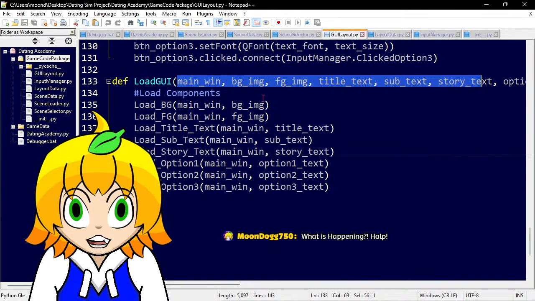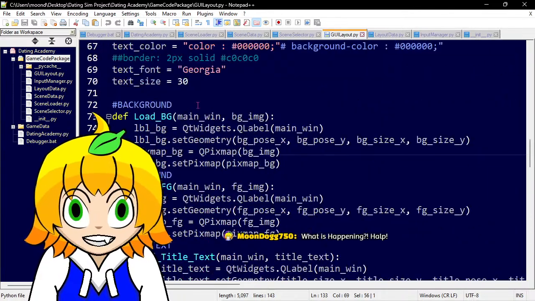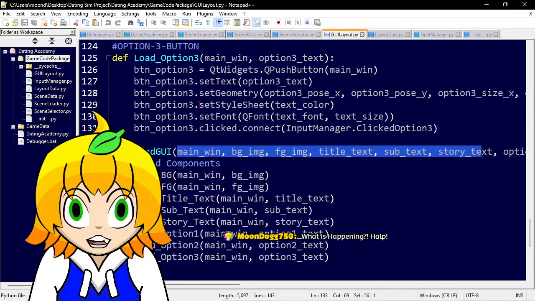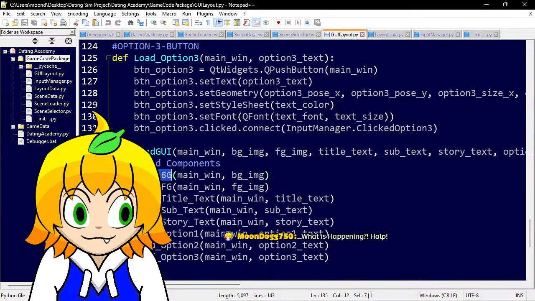And then those variables, lined up neatly in a row like a bunch of duckies, get pushed into these codes. So it does load background, and it loads the foreground, and